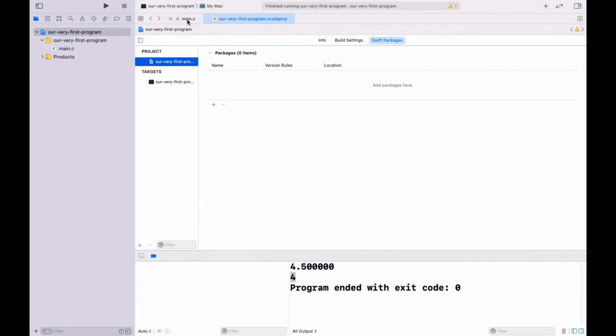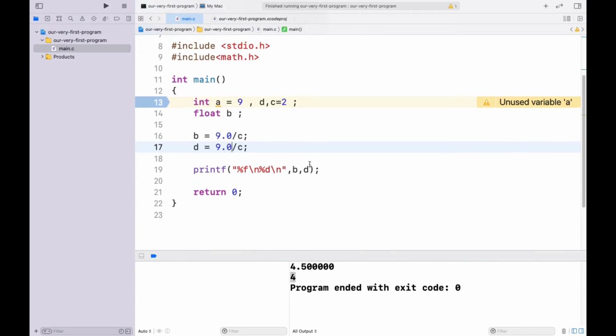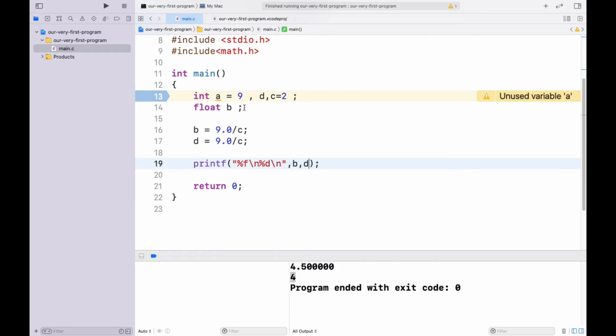We were writing this program, and now we are going to write this expression. A is integer type and C is also integer type. Now we are going to force A to be a float type.